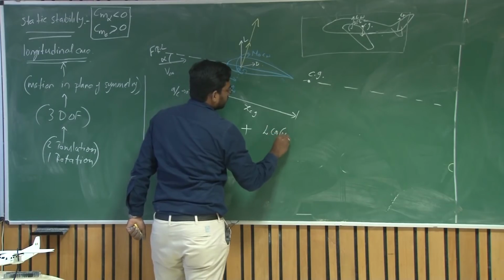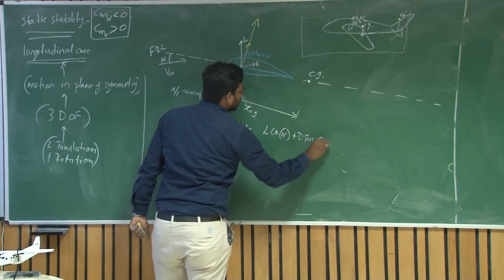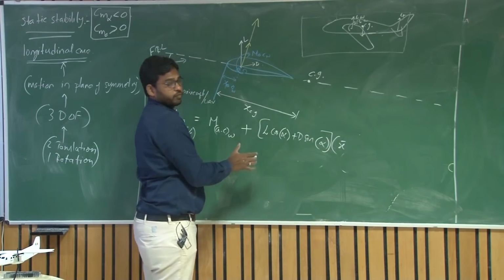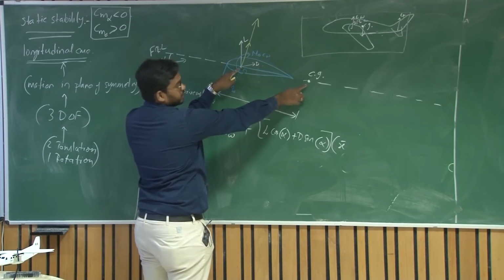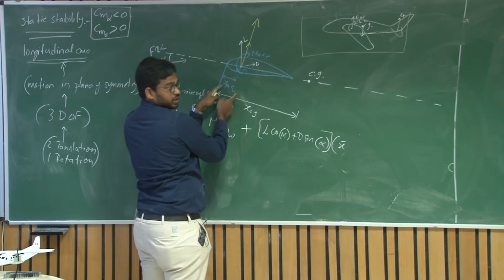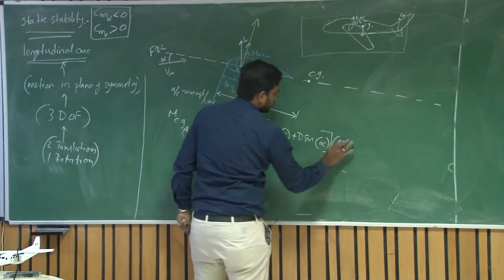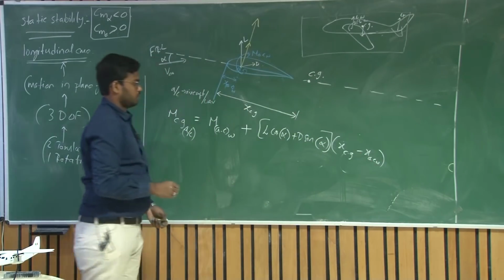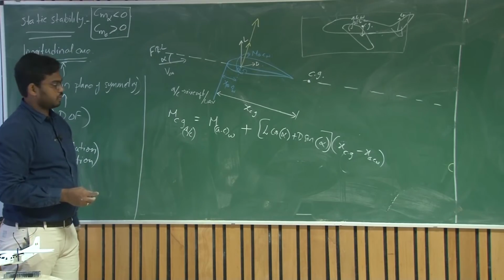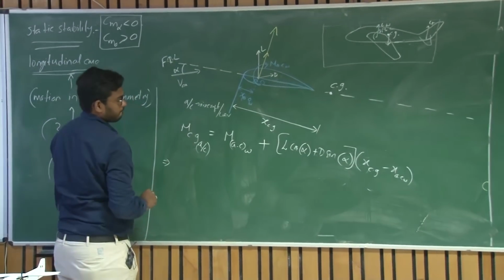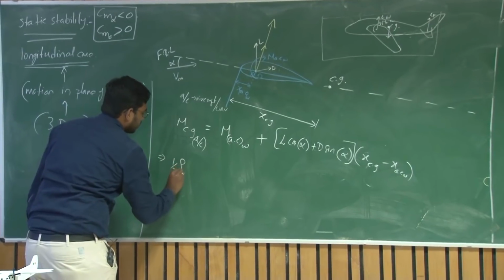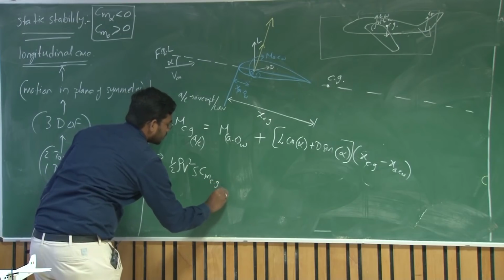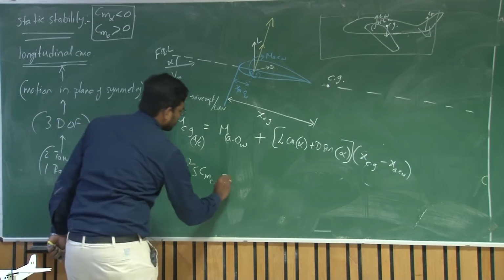So the component of L along this perpendicular and the D along this perpendicular is L cos alpha plus D sin alpha, multiplied by the distance between this AC and CG. This total force acting is multiplied by XCG minus XAC of the wing. This I can express in a non-dimensional form, Cm about CG of the aircraft, CMCG, equals